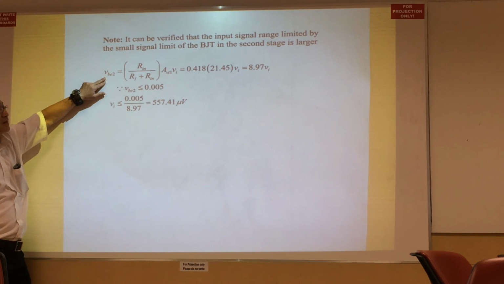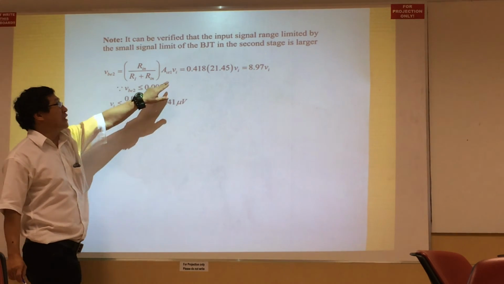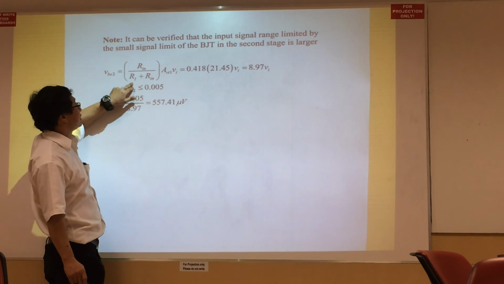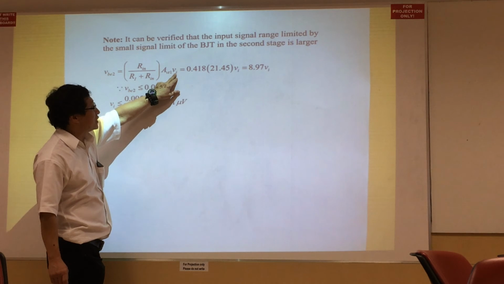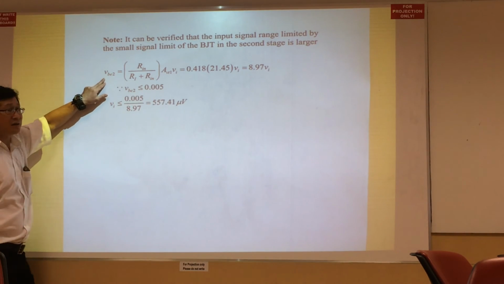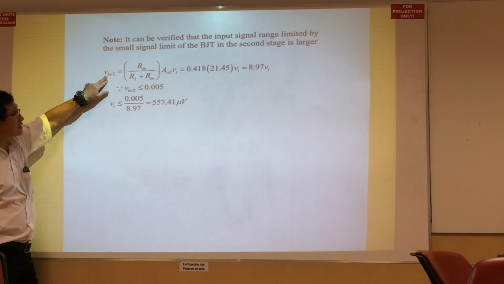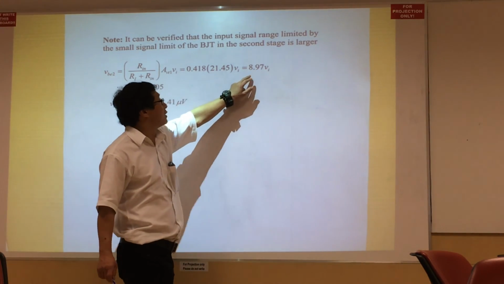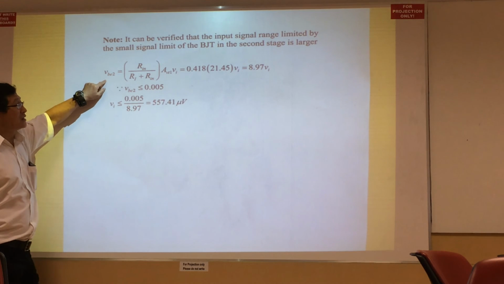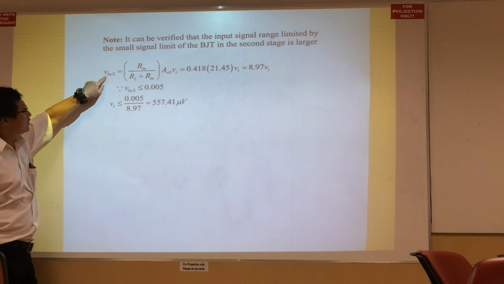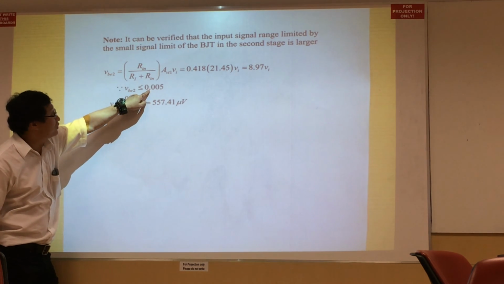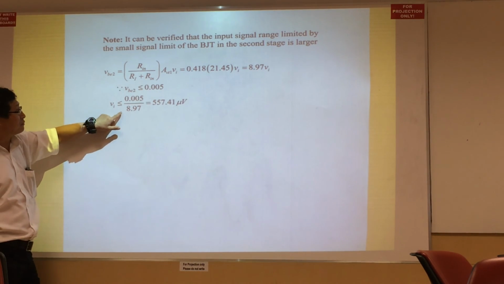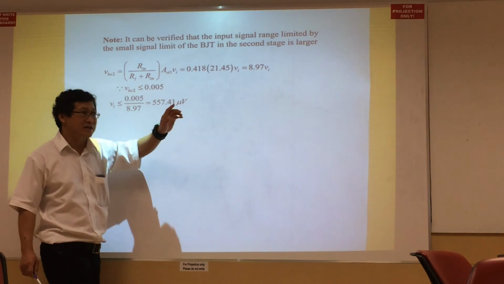Now the second stage VBE, when we refer it to the input VI, is related by AVT times the input attenuation times the input voltage, which must be equal to a small VBE of the second stage. If you relate it, 8.97 VI is equal to VBE2. Now VBE2 must be smaller than 5 millivolt, and therefore you can substitute this into this. You find that VI must be smaller than